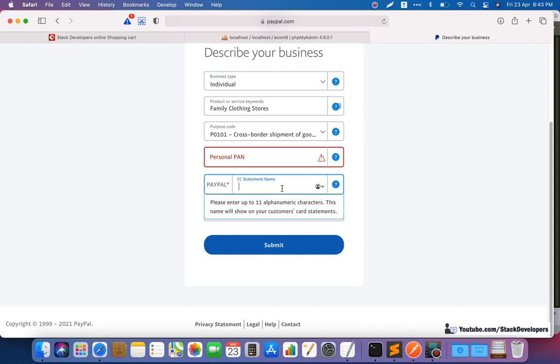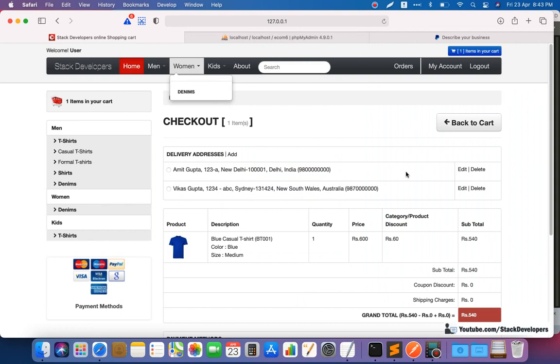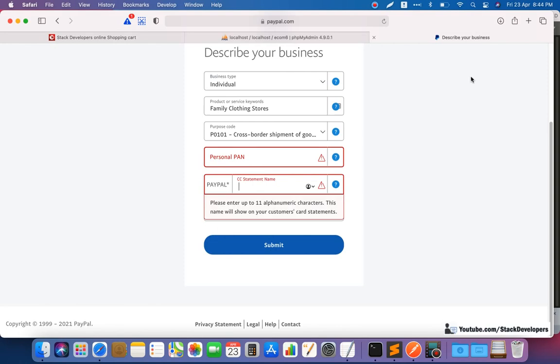And then here your name will come. See, you are going to use the debit or credit card or the bank in the PayPal account, because whenever a customer is going to purchase something from your website, that amount will get transferred to your bank account, through your debit card, through your credit card, or the bank itself. So that's why you are going to add your bank, debit card, and credit card in the PayPal account. After making the PayPal account, you are going to attach your debit or credit card with your PayPal account. So that's why your name is required here.